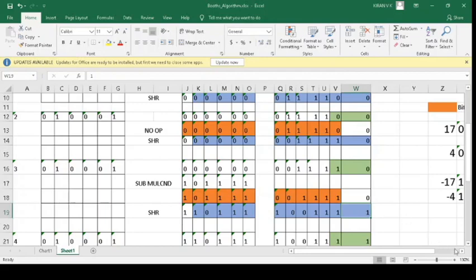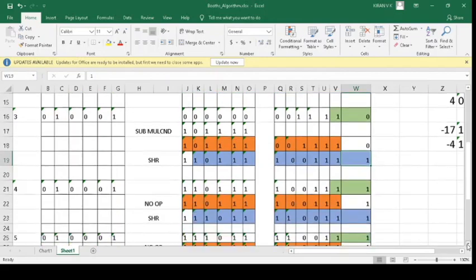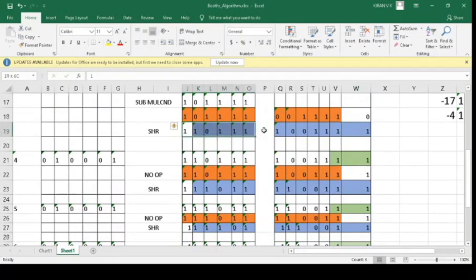Now to go to stage 4, we'll copy this entire set of bits here. Again observe the Booth bit and LSB of the multiplier. Similar pattern, that is the same bits, so no operation has to be done. So this entire sequence of bits is copied as such, without any modification, that is no op. Then as usual we need to perform a shift right on this saffron colored portion, excluding the Booth bit. So these bits are shifted to the right, and we have a new 1 in the Booth position.